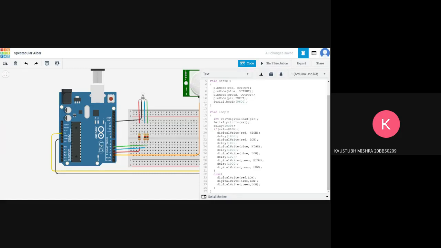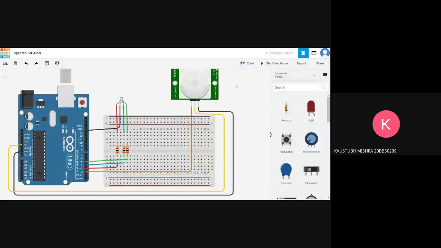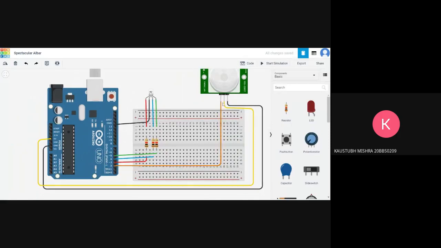Okay, Yash, I will wait for a while. Yes, I will show you the connections properly. If any of you are following, I will wait for you for a while. You can see the connections over here. For the PIR, the signal I have connected to pin 2, the ground I have connected to ground, and the yellow wire, the power, I have connected to 5 volts. Okay, so I hope that is enough time and you are with me if you are making the circuit.